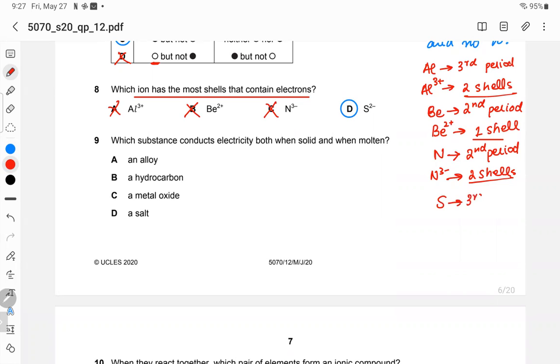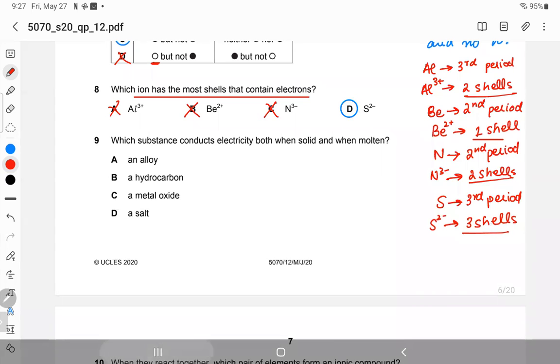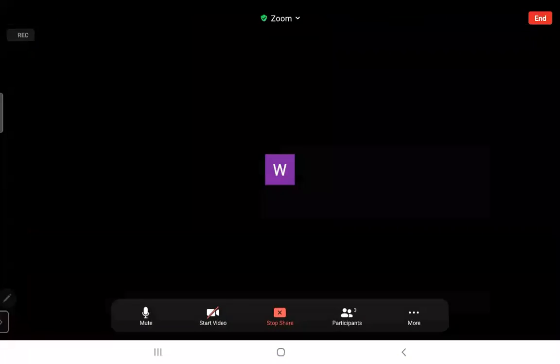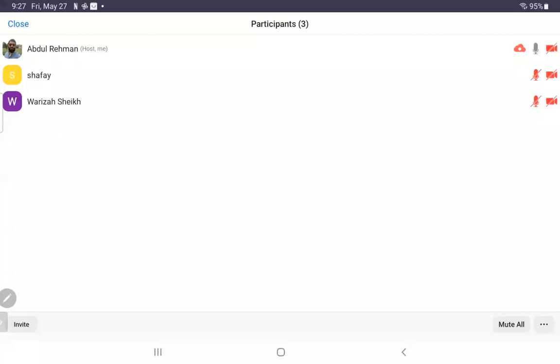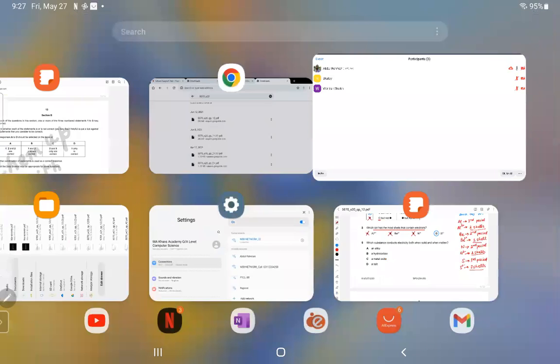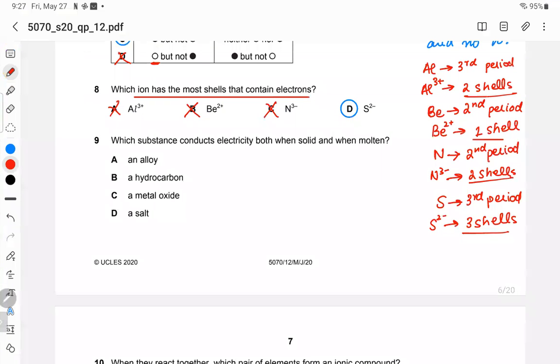अब अगर मैं डी को जस्टिफाई करूं तो सल्फर, if you look into सल्फर, सल्फर is in third period, ठीक है, और जब वो टू नेगेटिव आयन बनाएगा तो उसका शेल कम नहीं होगा, उसके इक्वल शेल्स होंगे, ठीक है, तो थ्री शेल सबसे ज्यादा शेल्स हैं, इसीलिए डी करेक्ट आंसर है। जी, ये क्लियर है सबको? Yes Fareeza and Shafe. Yes, sir. Yes, sir. जी शाफे, कुछ कह रहे हैं आप? जी सर, क्लियर है।